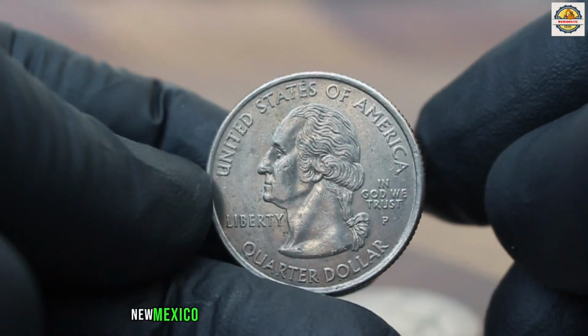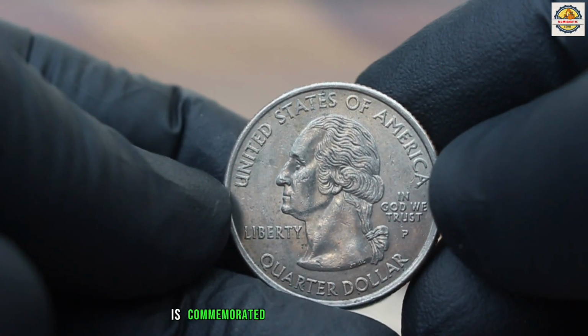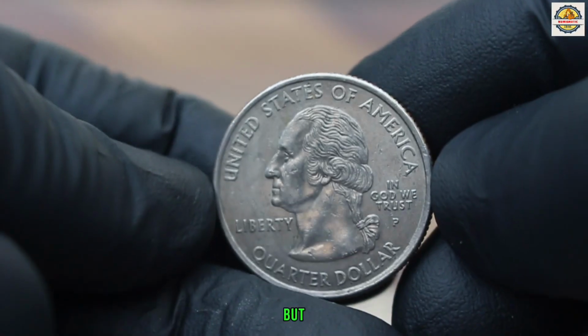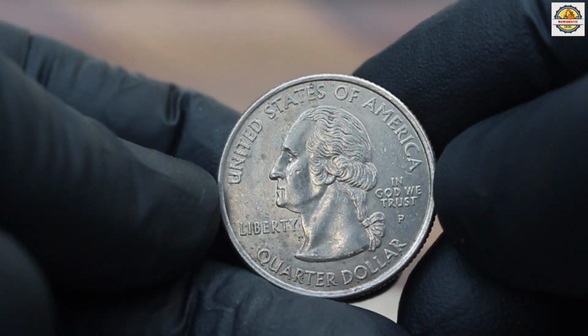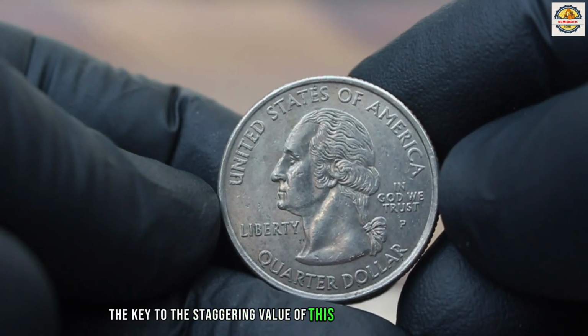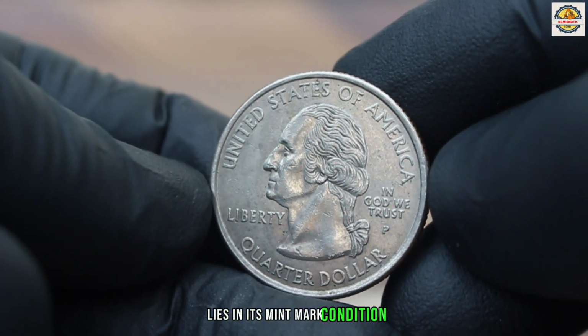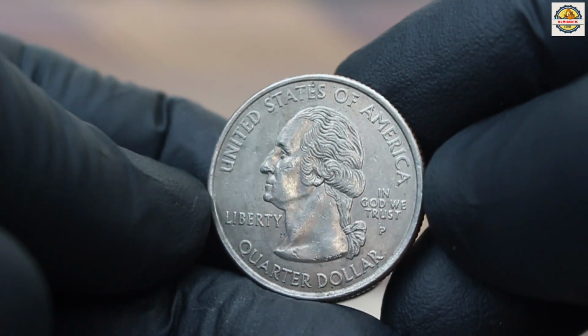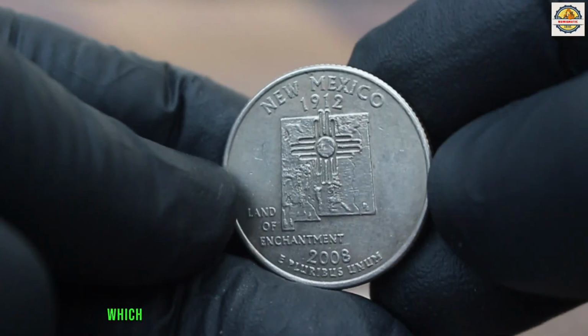New Mexico, officially admitted as the 47th state in 1912, is commemorated with this distinctive coin, but it's not just the standard issue quarter you find in everyday change. The key to the staggering value of this 2008 New Mexico quarter lies in its mint mark, condition, and the story behind it. The P mint mark indicates the coin was produced at the Philadelphia Mint, which began striking quarters